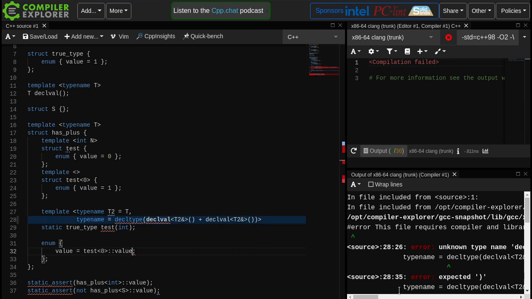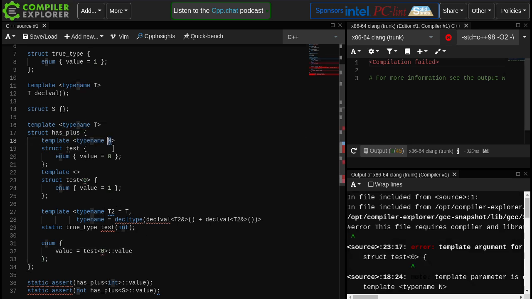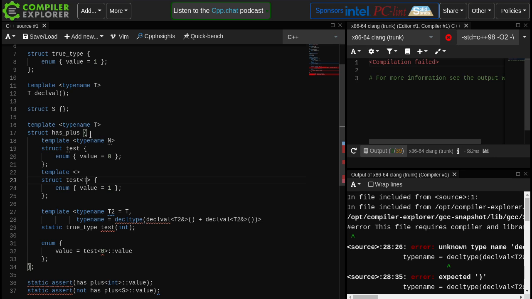Unknown type name. Okay, I think we're still getting syntax errors from the other stuff. Okay, I think this should be fine. But yeah, let's do typename instead, I guess, and specialize at 40. Yeah, this can work. This can work. That's how we can make it preferred. I have gained hope again. You know, C++